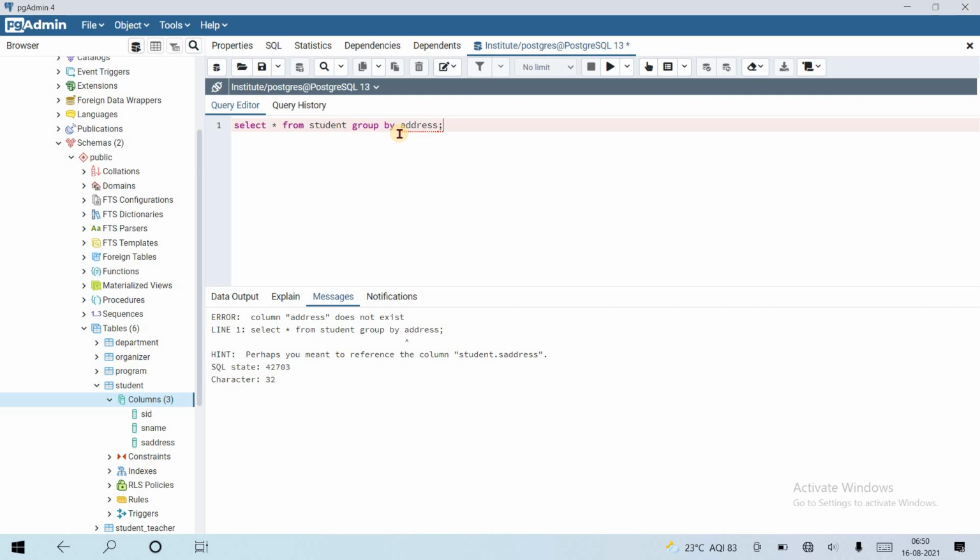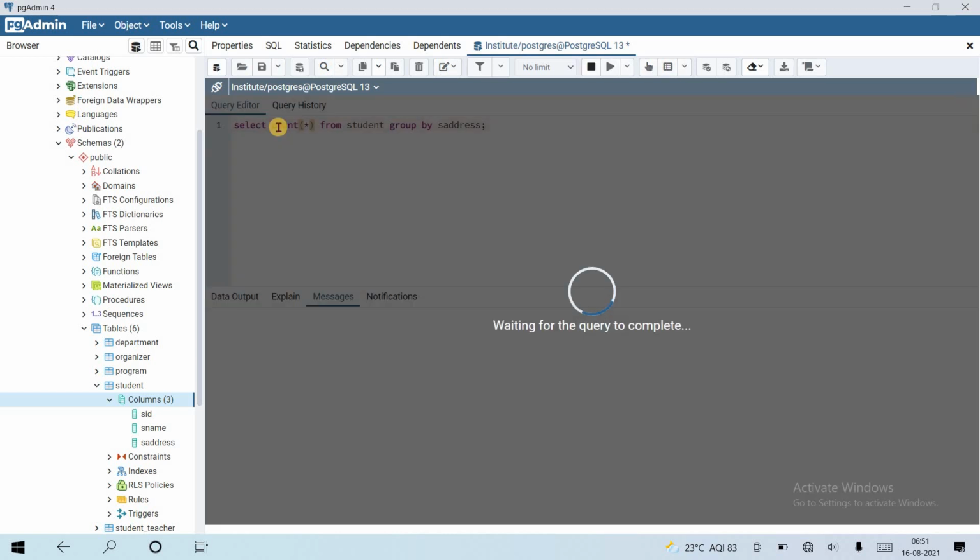Yes, address. Oh, it is telling me that if we are using star, meaning all columns, we must use the column in an aggregate function or in count. Okay, let's use count star. Use star with count for all records.